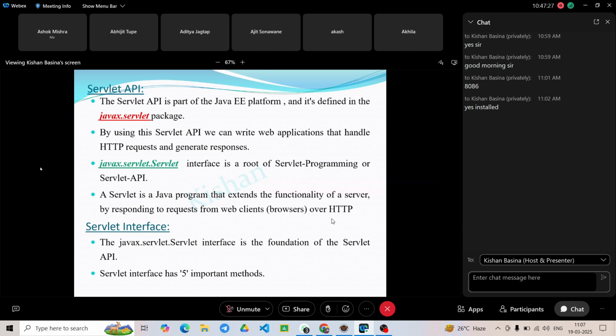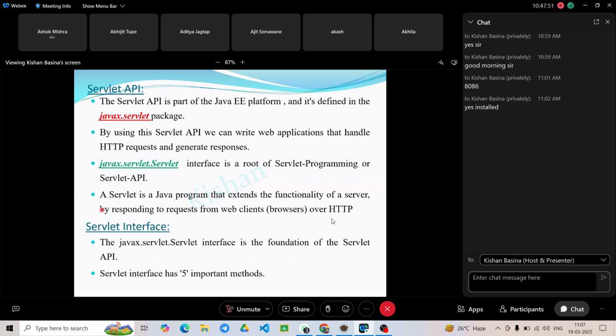It is the root of servlet programming. Next point. A servlet is nothing but a Java program